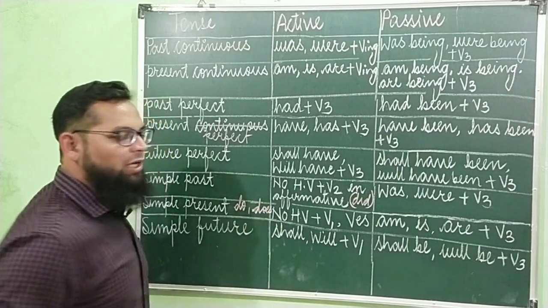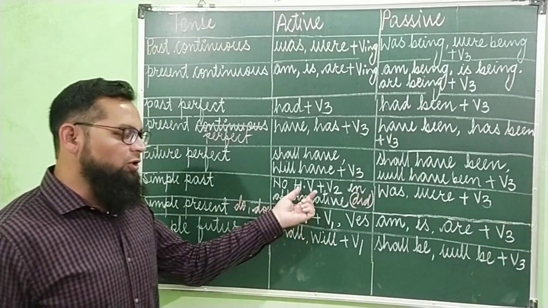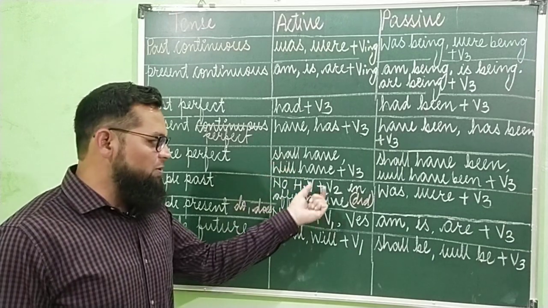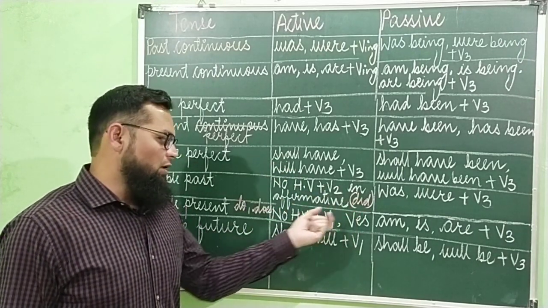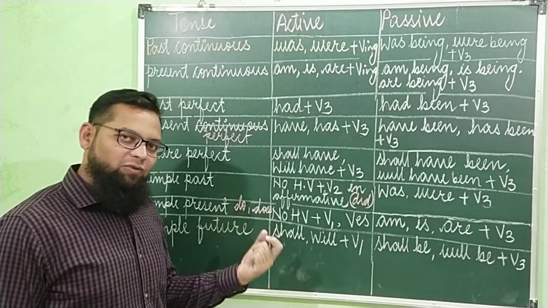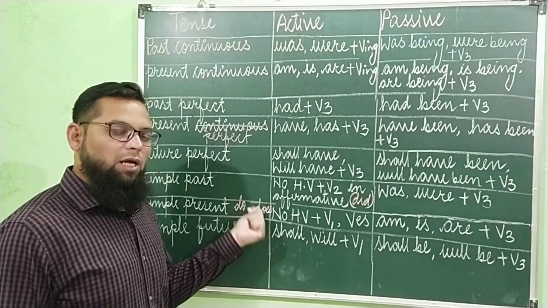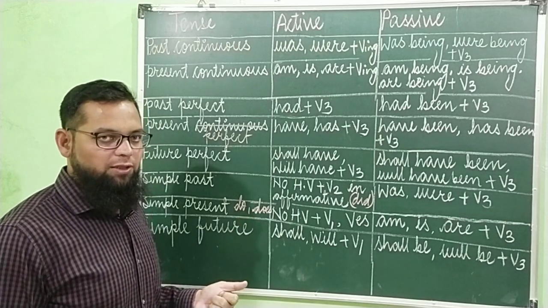नेगेटिव्स में और इंट्रोगेटिव में। अफर्मेटिव में तो हेल्पिंग वर्ब नहीं रहेगा। नेगेटिव में सिंपल पास्ट में क्या हेल्पिंग वर्ब रहेगा? डिड। इंट्रोगेटिव में भी डिड। एंड इन सिंपल प्रेजेंट नेगेटिव सेंटेंसेस वी यूज डू और डज इन नेगेटिव एंड इंट्रोगेटिव सेंटेंस।